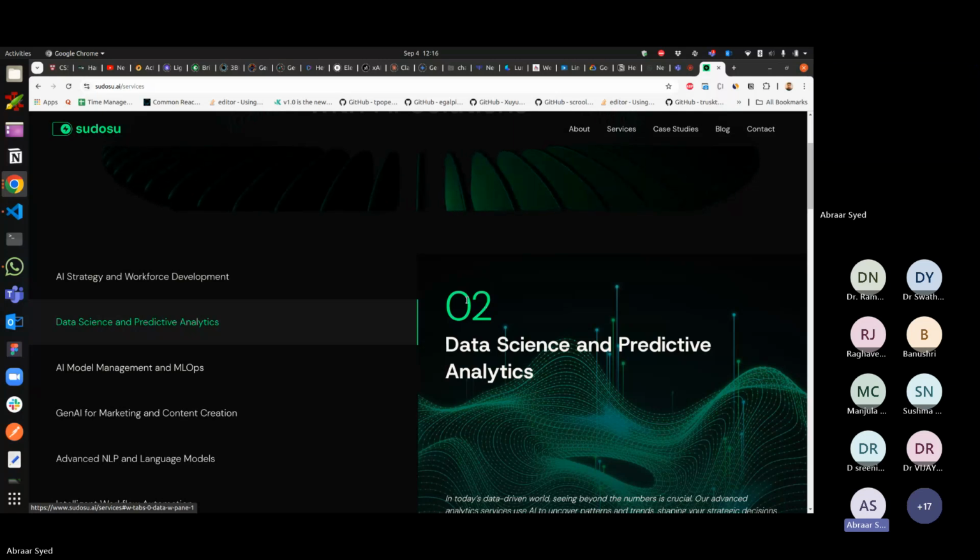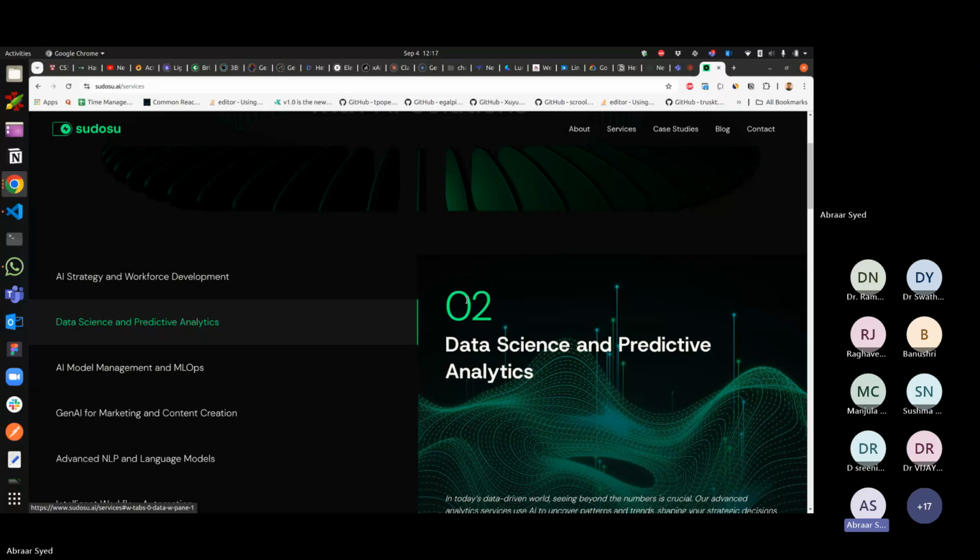Sometimes, not every time you're looking for a model or an outcome. Sometimes you're just looking for gaining some insights on the data. So that is where we offer a second type of service, which is predictive analysis. For example, during the COVID time, we can do predictive analysis on how effective the vaccinations were, and which vaccination was more effective in which country, things like that.